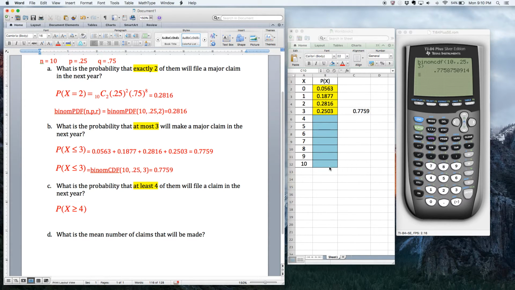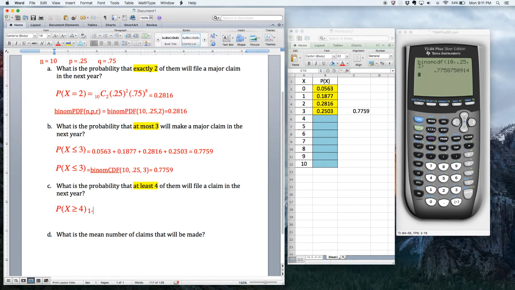That's great. But think about it. We already know that all the yellow probabilities here and all the blue probabilities there, if we add every single one of those, they have to add to the number 1 by the theorem of total probability. So use some common sense here. Rather than work out all those blue probabilities individually and then add them up, since we already know what these yellow probabilities are, and we know what all of the probabilities add to, if we take the number 1 and subtract off the 0.7759, what's left over has to be all those blue probabilities. So this must be 1